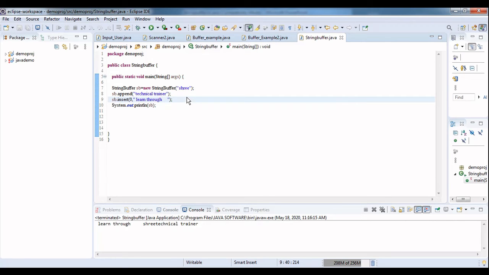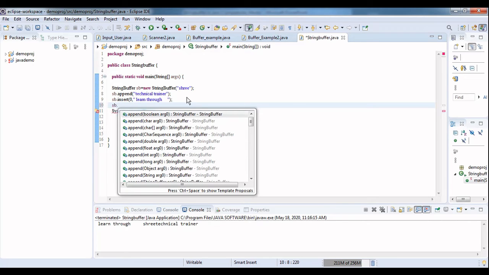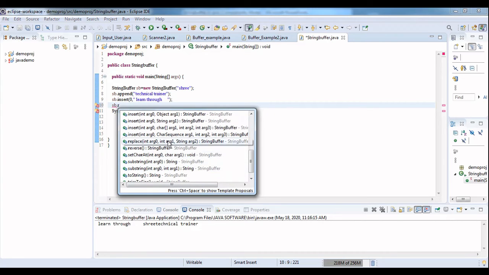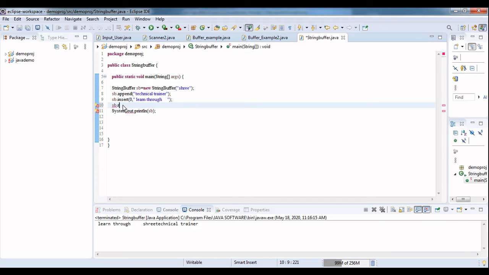There are also other methods available with string buffer. SB dot, we can see many methods. See, replace is there. SB.replace accepts 3 arguments: starting index, ending index, and the string that should be added. Suppose I have to replace this learn through with watch.